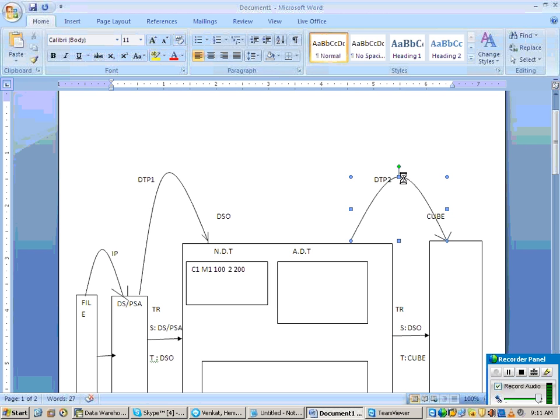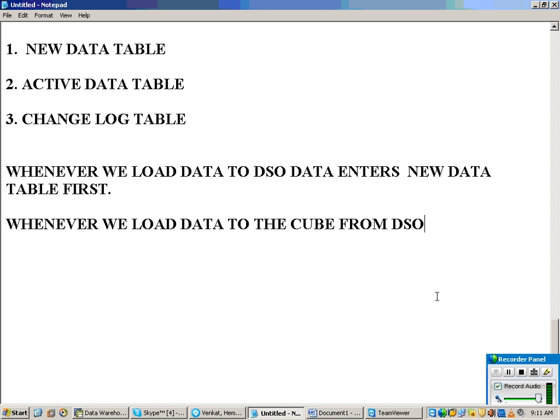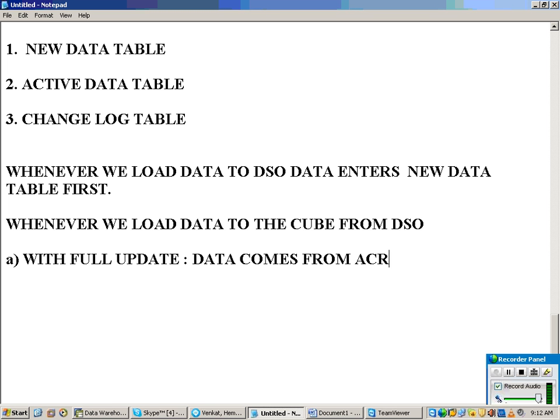In this DTP2 you get two options: full and delta. When I am loading data to the cube from the DSO with full update, data comes from the active data table of the DSO.